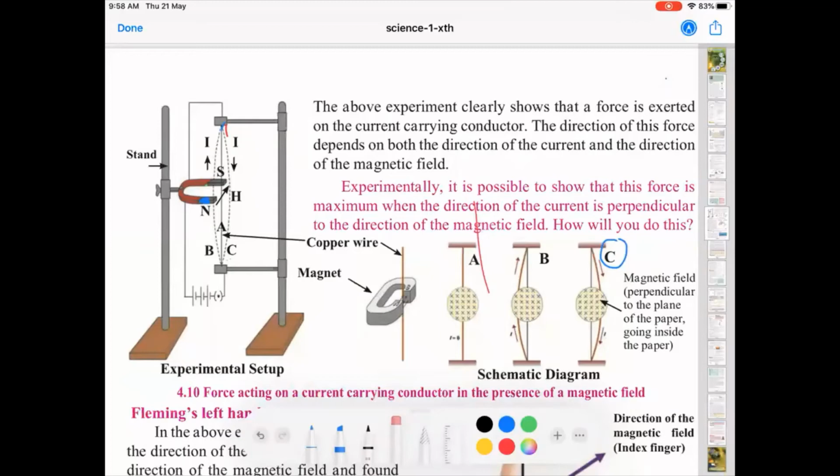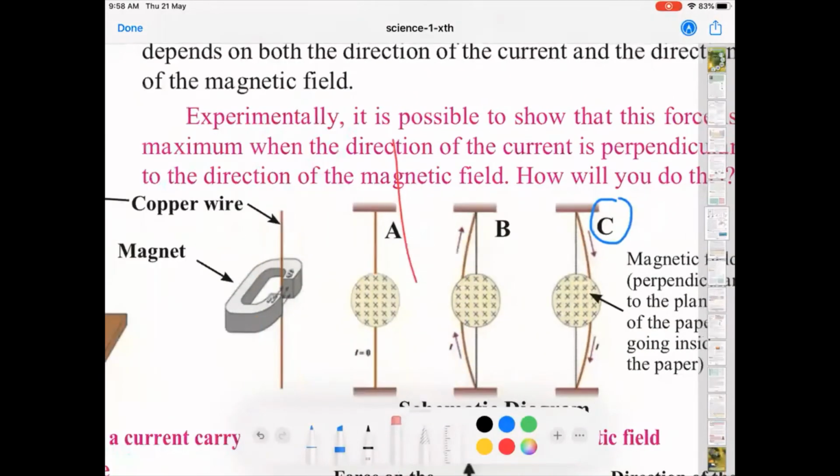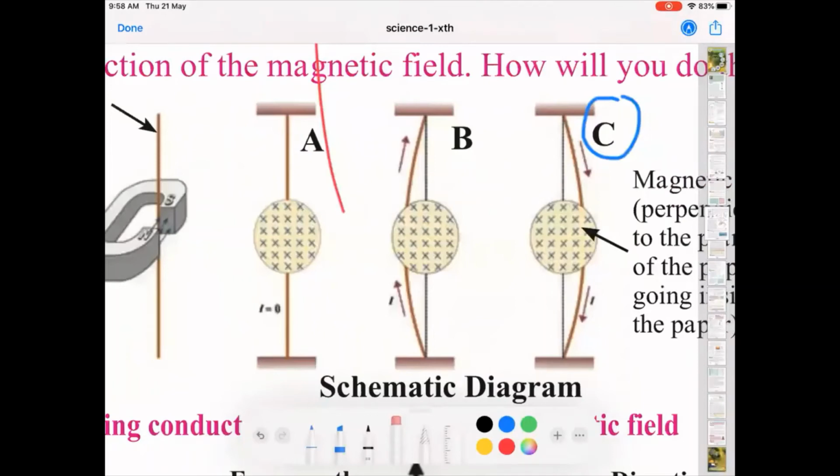So you see, the experiment is very difficult as such to imagine, but what we can say is, looking at B and C, it is very clear here that when the current flows from top to bottom, the arrow tells everything. Focus at the arrows. That is, when the current is top to bottom, it goes outwards. And when the current is from bottom to top, it goes inwards. And this inward and outward thing is very clear from what I told you, attraction and repulsion. When it will attract, it will go towards, and when it will repel, it will come outwards. So you have to get both those concepts.